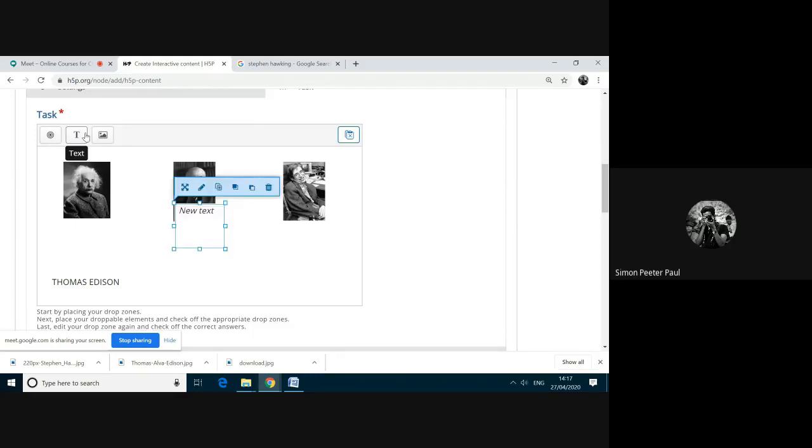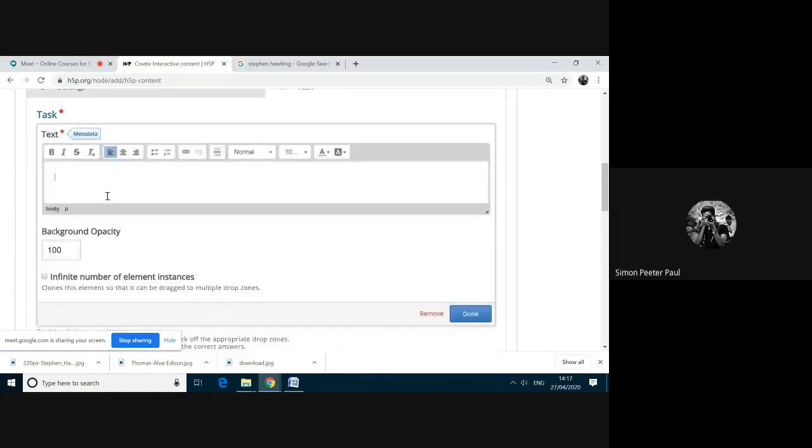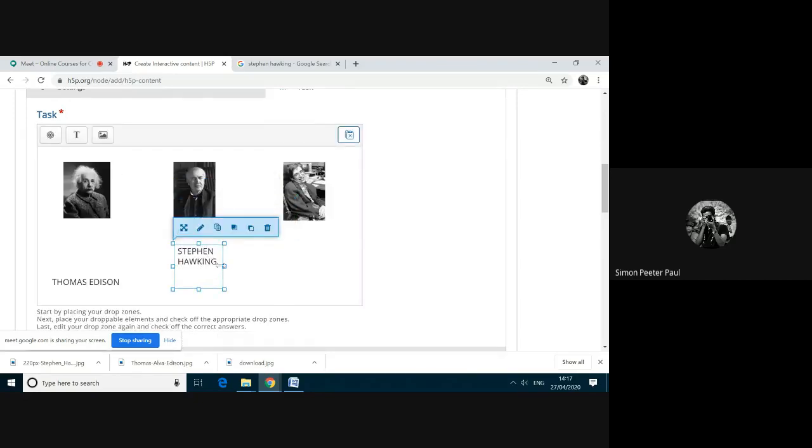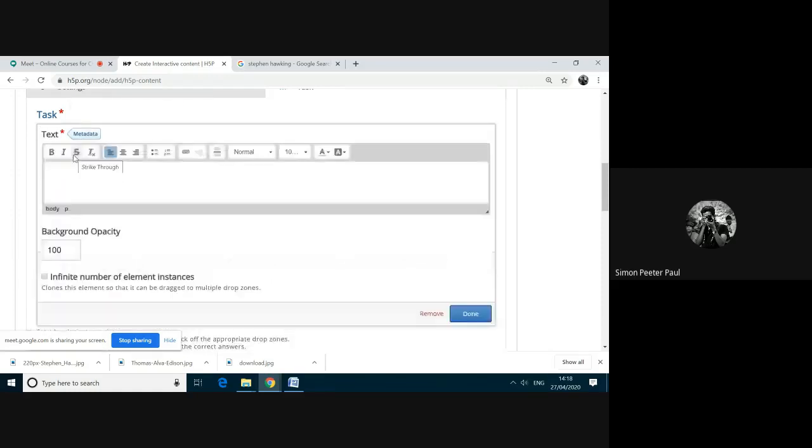adding the text again. I'm adding Stephen Hawking. Again I'm clicking done. Again I'm going there and I'm adding Albert Einstein.